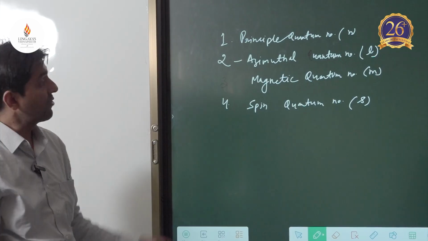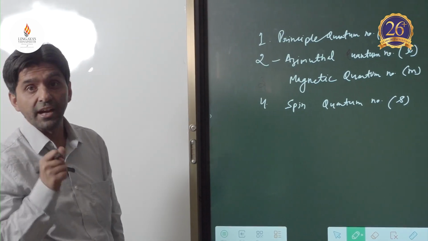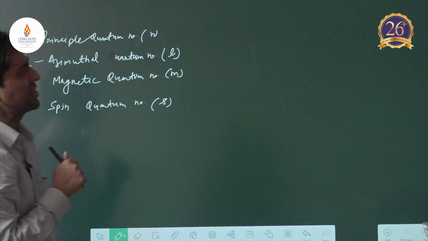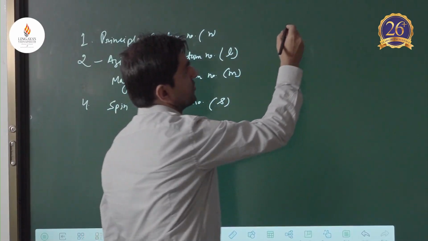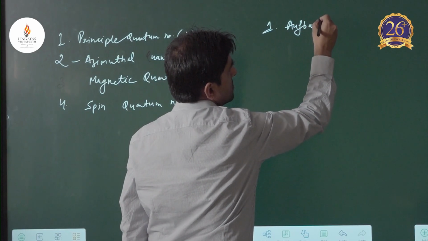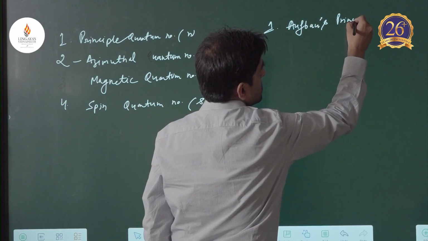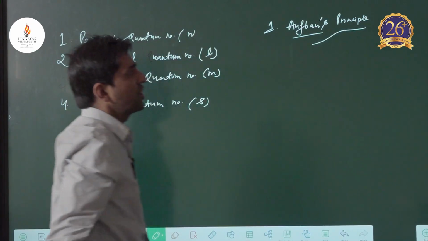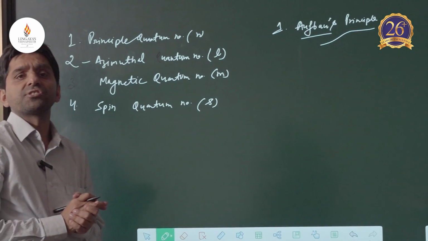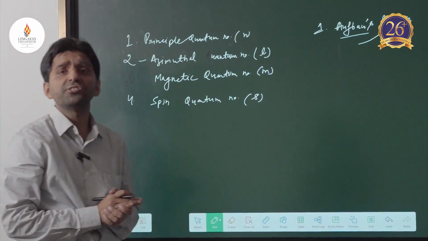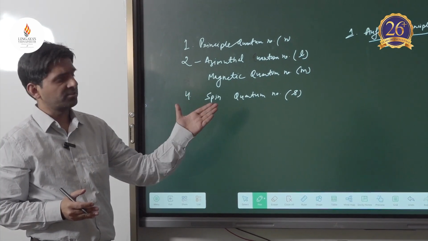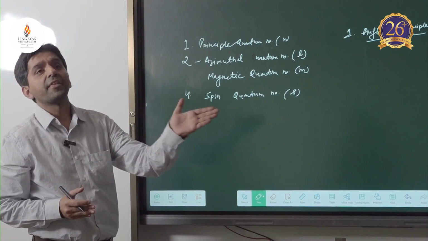To understand in detail about the quantum number, you must know how to write electronic configuration of the atoms. So, for writing the electronic configuration, you must know 3 rules. First rule is Aufbau principle. So, what is Aufbau principle? Actually, Aufbau principle says that when we write the electronic configuration, then electron filling takes place in increasing order of their energy level. It means we fill the electron first in lowest energy orbital, then higher, and then highest energy orbital.